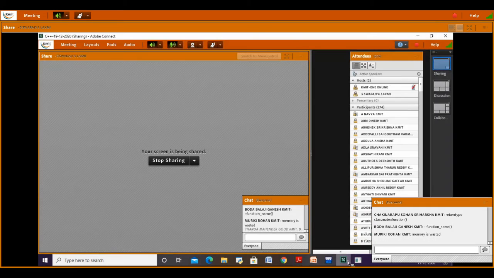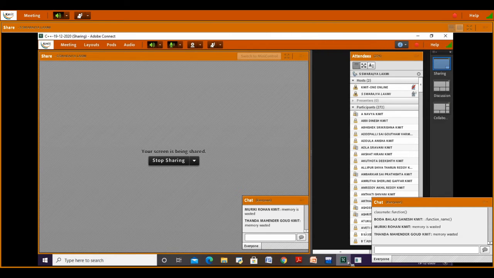Can you tell me what happens if the destructor is not called? It is called memory wastage. Even whether you are using those objects or not, those objects will be present in the memory. For example, if you are creating 10 objects in your program, those 10 objects will be stored in the stack memory, right?